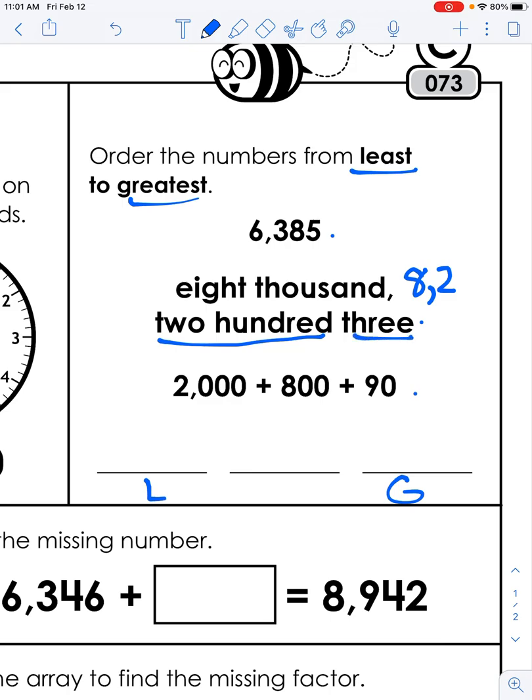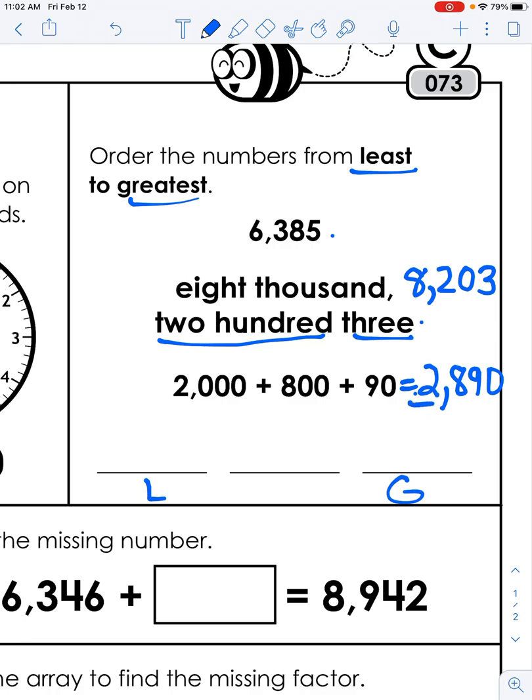8,203. Well, I don't see any 10s, so 0 in the tens place, and then 3. My last one is an expanded form, so I will just answer when I add them all together. So 2,890. So the number that is the least, okay, the smallest number, I'm going to look in the thousands place